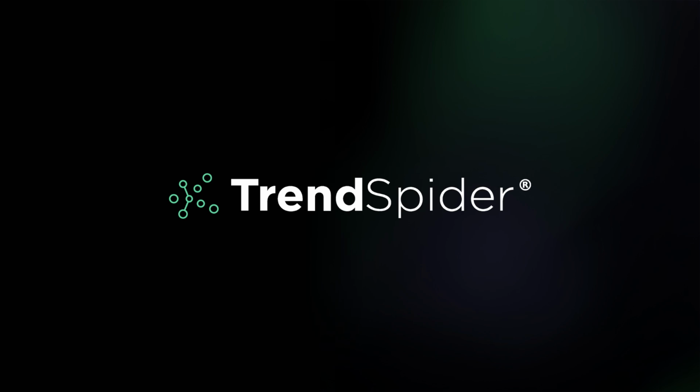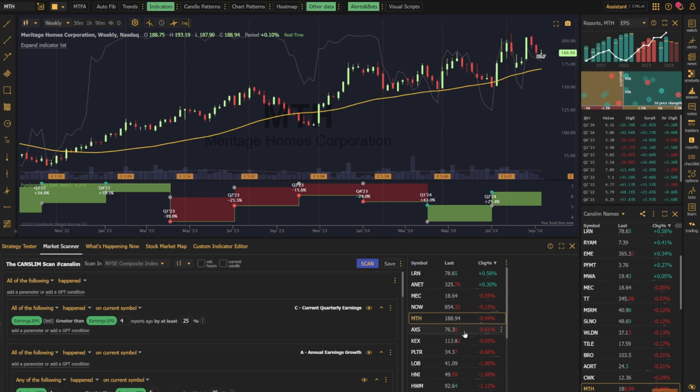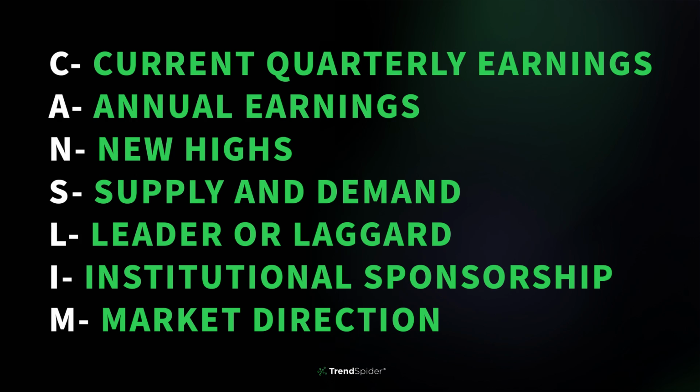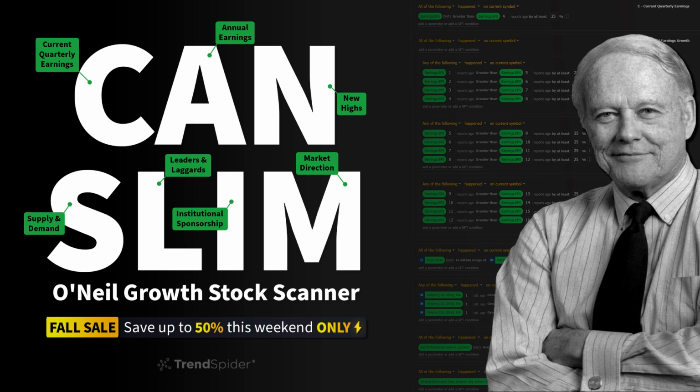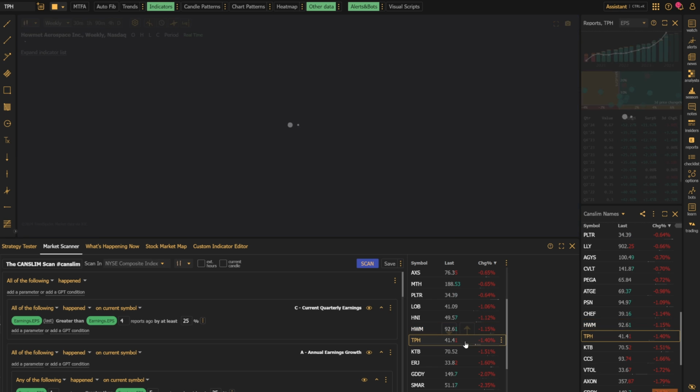Hello, traders. In the pursuit of high-growth companies, William O'Neill's CANSLIM methodology has stood the test of time. Now you can find names meeting his key criteria with the CANSLIM Scan, an all-new free tool available for all